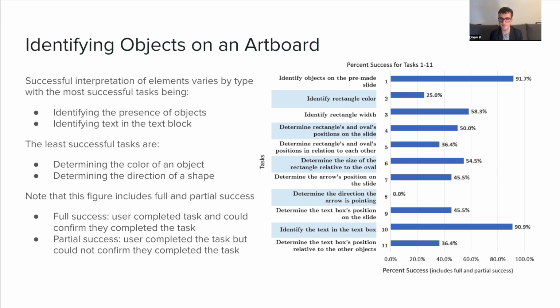Most other tasks have far lower success rates, with one task being unsuccessful for all users. The task involved determining the direction of an arrow. This arrow is a right arrow rotated 90 degrees so it is pointing up. Most users believed it was pointing to the right since the name said right arrow. One user was even close to getting it right, mentioning to the researchers, when scanning the page for all elements, that the arrow was not in fact pointing to the right. However, when it was time to answer this question, the user had forgotten due to high cognitive load.